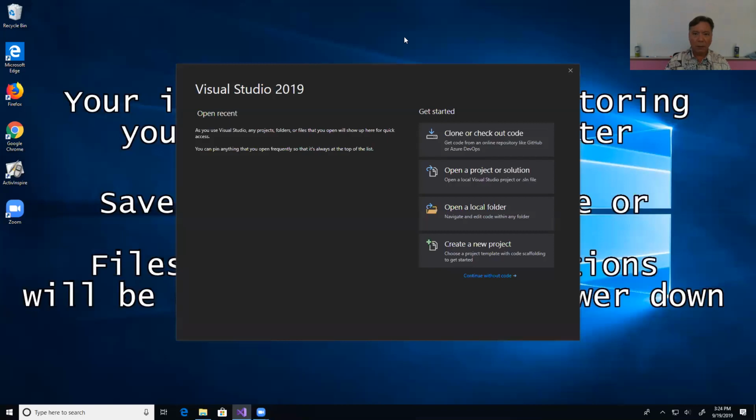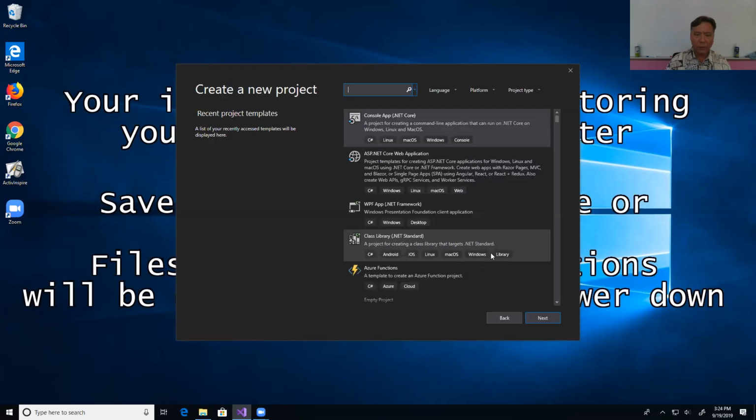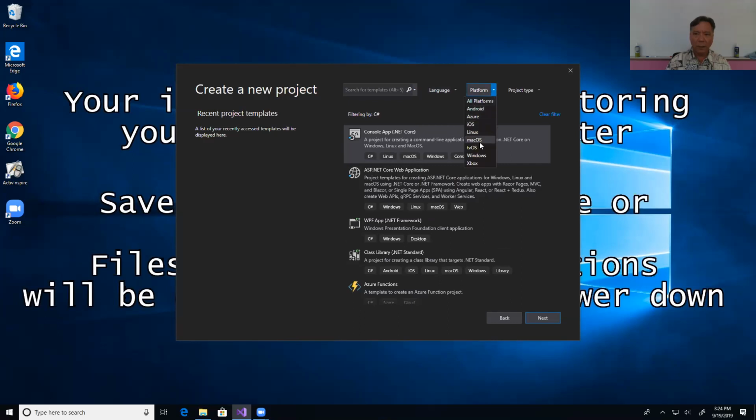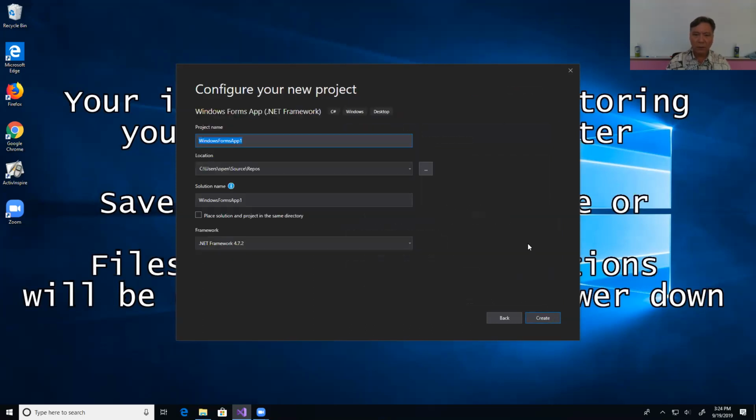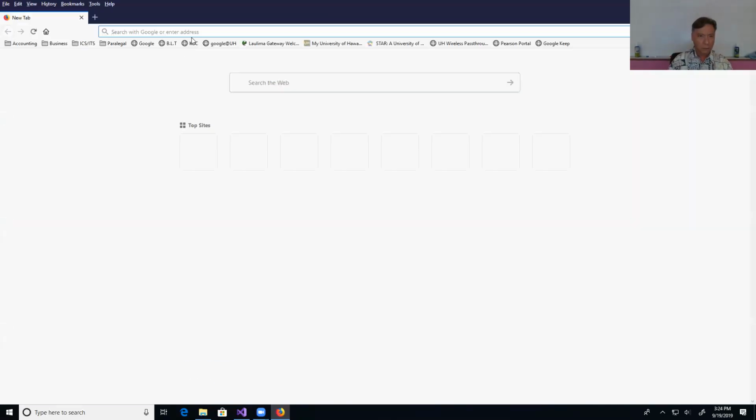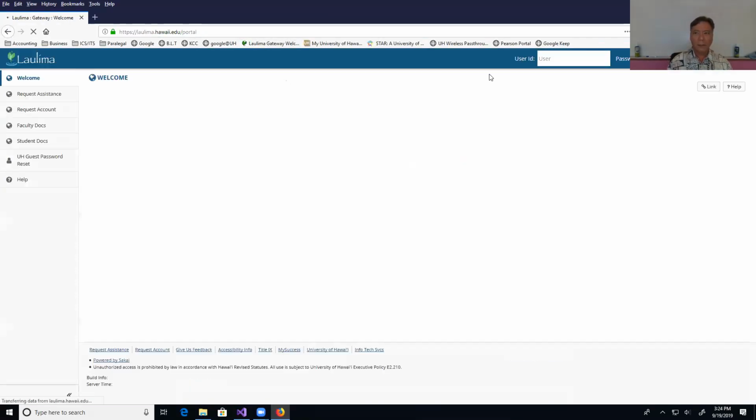So let me start by sharing my screen here. I'm going to share this one, and let me open up Visual Studio, create a new project, and so I'm going to do a C# project on a Windows platform, a desktop, and I'm going to click on Windows Forms app. That's the one I want. This one. Next. And let me just leave this for a moment. Let me open up my Laulima. So go to Laulima and type in